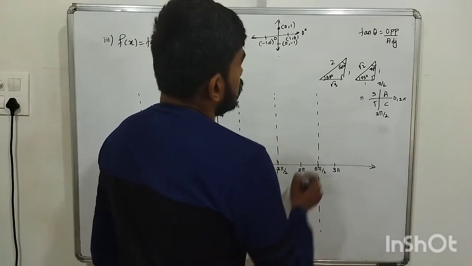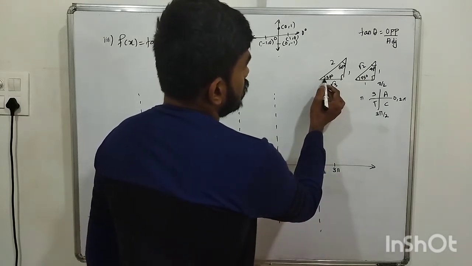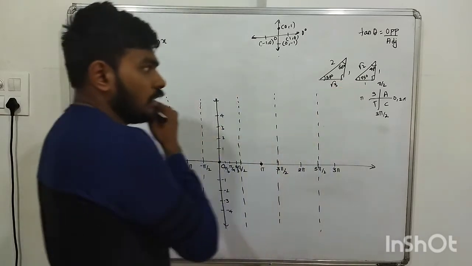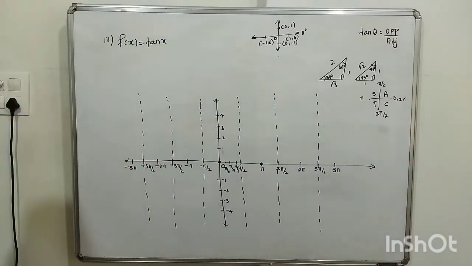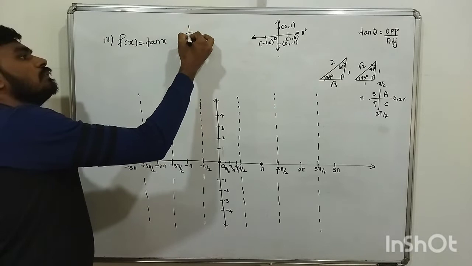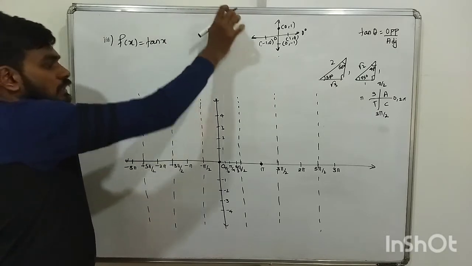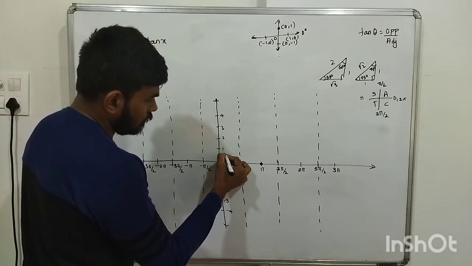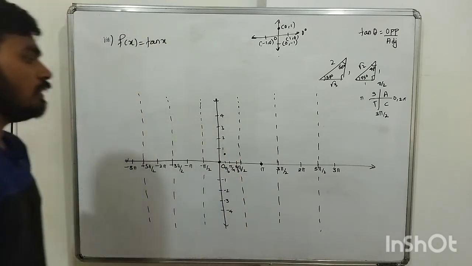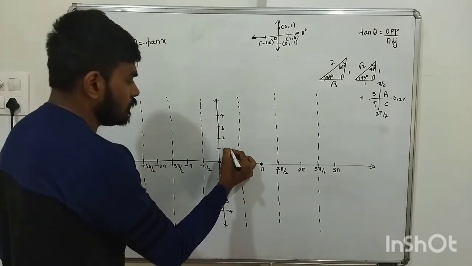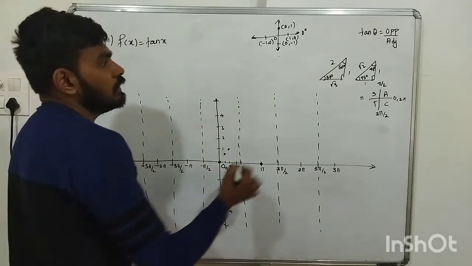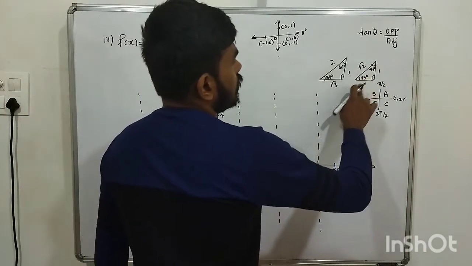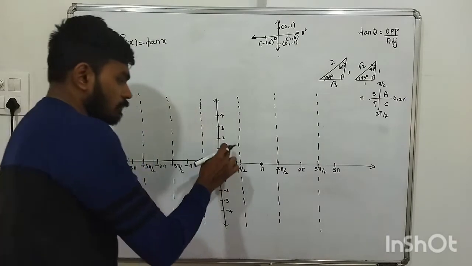30 degree, tan of 30 degree, okay, 1 upon root 3, understood, no? So 1 upon 1.7 something, okay, so it will be 0 point something, correct? So it will be 0 point something here, understood, no? Before 1 it will be. Tan of pi by 4 is exactly 1, if you see. Tan of pi by 4 is 1. Tan pi by 4, tan 45 degree, opposite upon adjacent, so 1 upon 1, 1.